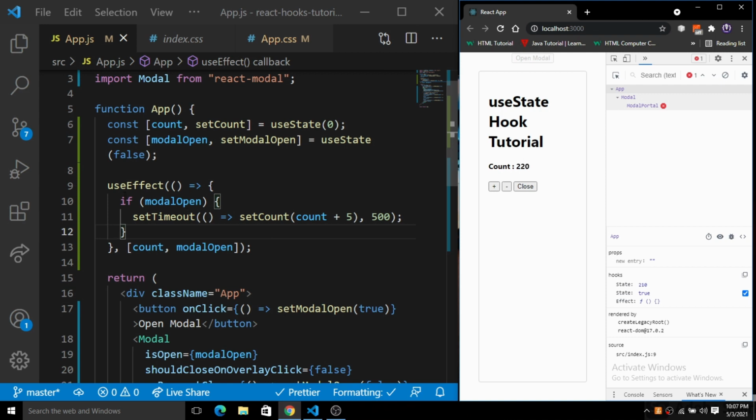Our main motive in defining this useEffect is that we want to get these things done in a proper manner. So where can we use useEffect? Basically, you can use useEffect where you want to render something initially when the component has finished loading.